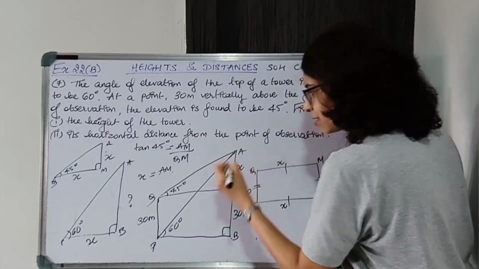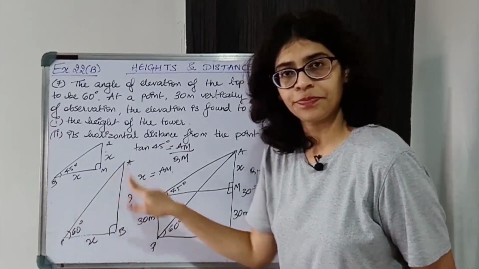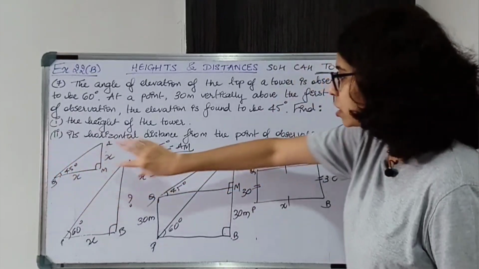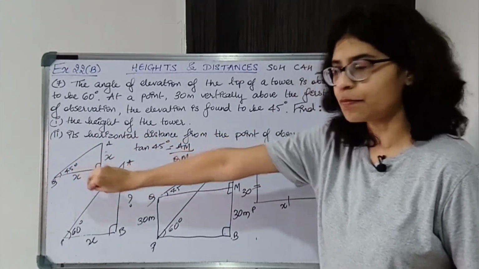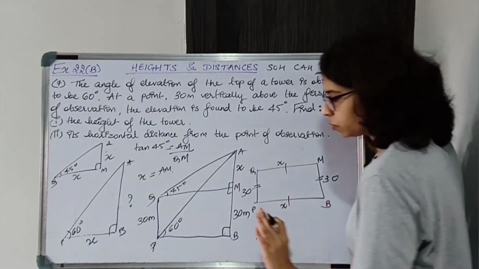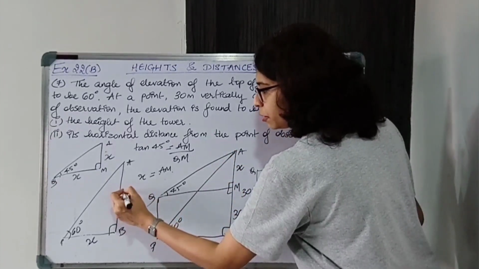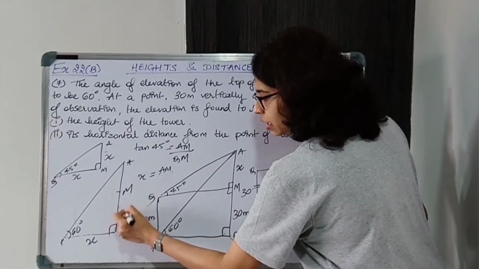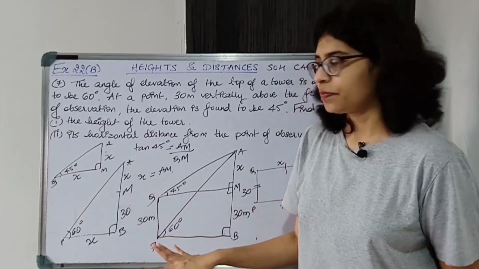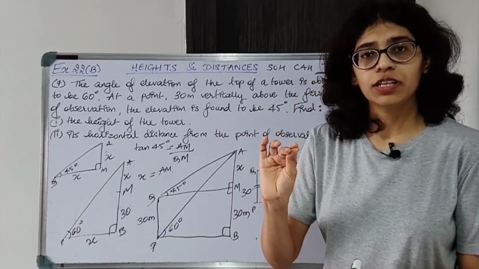So this is X. Now if you consider this triangle ABP, okay, we considered that one, now this one. We got some relation, we got AM equal to X. So AM is equal to QM is equal to PB. Now if you consider this big triangle, in this big triangle there is some point M in between. This part is 30, this part is X, correct. AM is X, MB is 30. Now we need the relation between the opposite and adjacent of the angle.